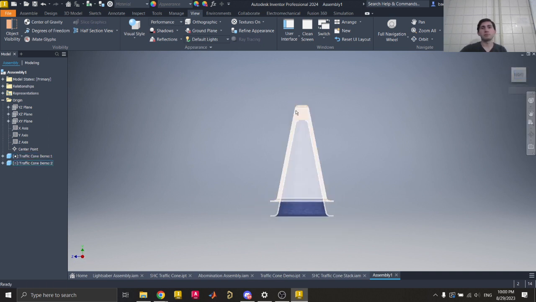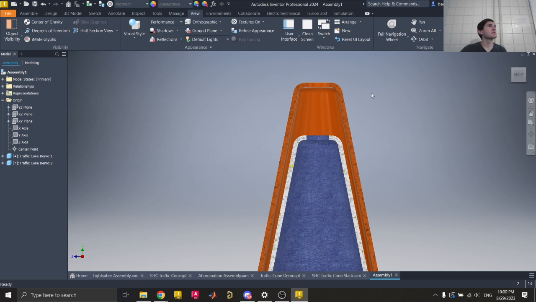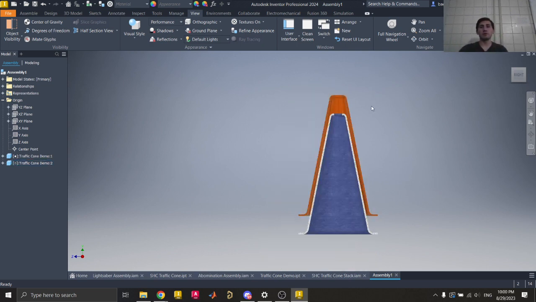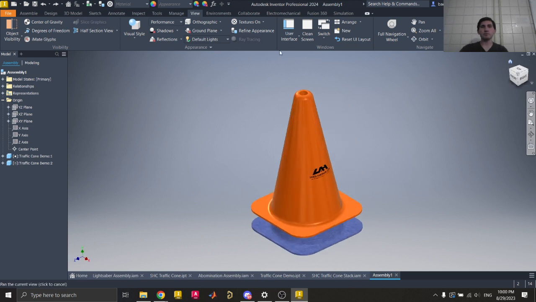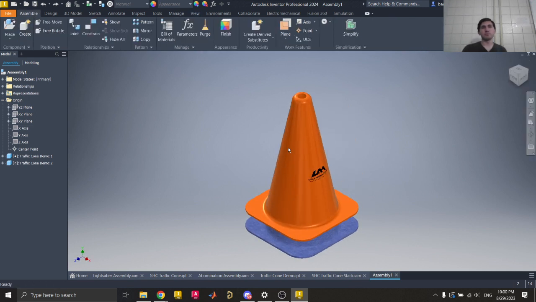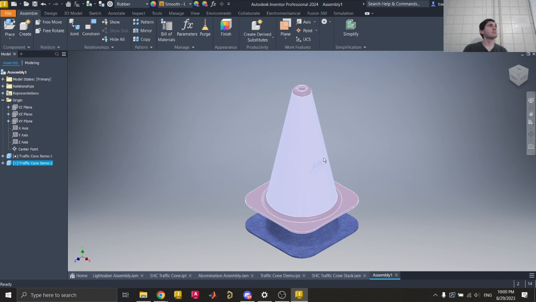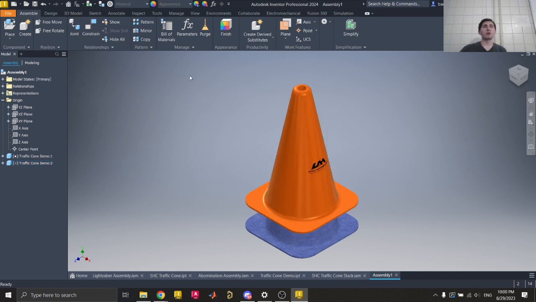So then now, what was that? So here, I'll go back really quick. So what we're gonna do, to go to that half section view,